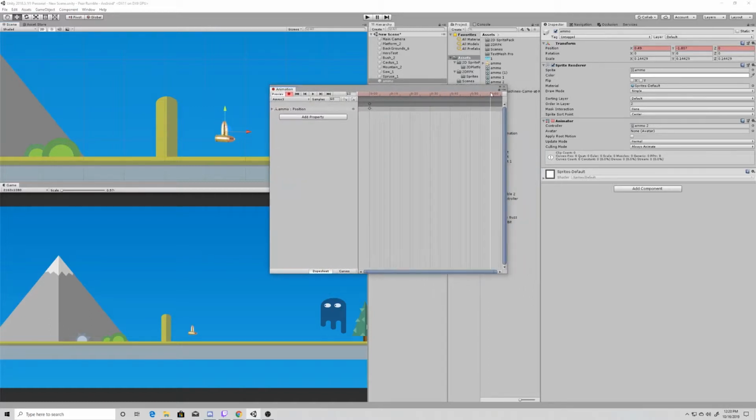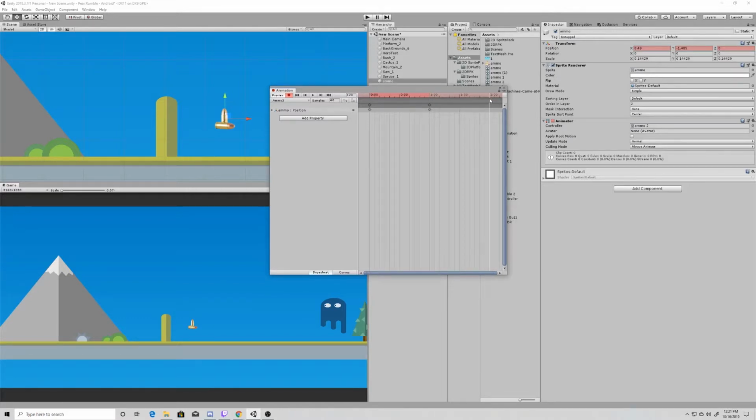We're changing the position of this ammo. Then we're going to go out to 1 second. And we're just going to move it up just a little bit. Then we're going to scroll back here to 0 seconds, and we're going to look at the Y value here. So this is negative 1.807. As it goes up, it goes to negative 1.4, but we want it to return back to where it started. So at 2 seconds,